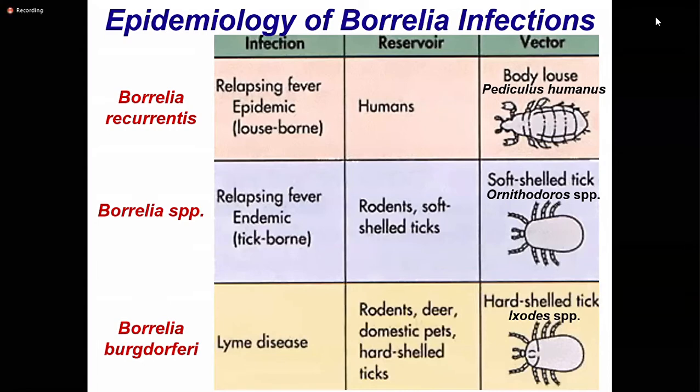Lyme disease is becoming more common now because clinically it is sort of an arthritis disease. So you remember when I was saying that for most of the diseases we hear about, we may find out what the causative agent is. So some sort of arthritis is due to an organism. We call it Borrelia burgdorferi, named after the person who discovered the organism itself.